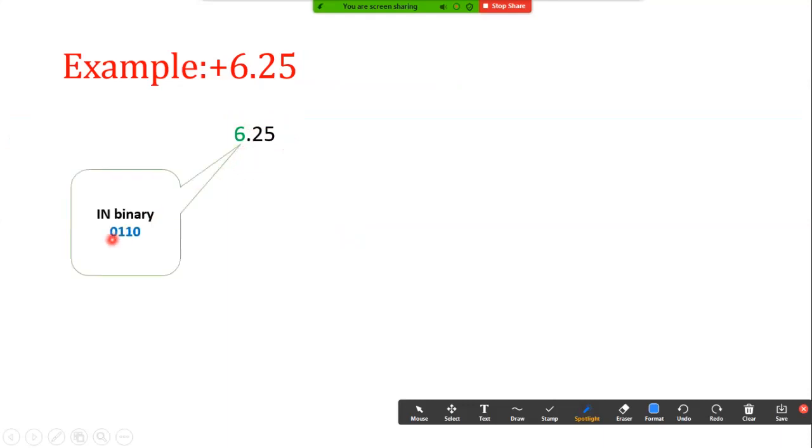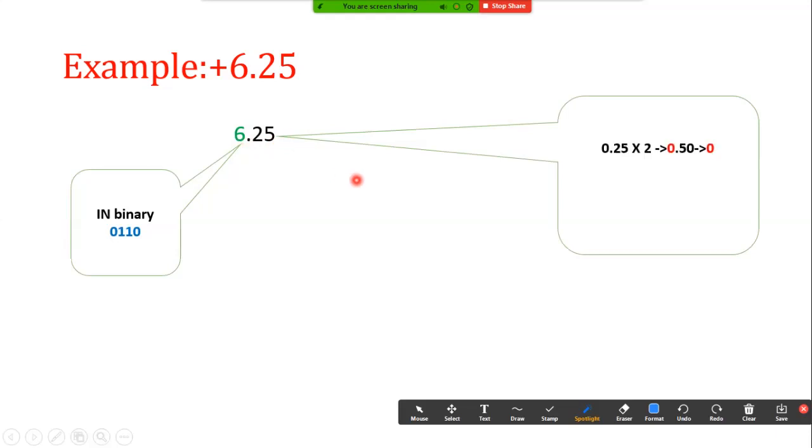6 is nothing but 0110. Next, the remaining fraction is 0.25. You multiply it by 2, and I'll get 0.50. You take the 0 away. Again you multiply 0.50 by 2, I'll get 1.0.